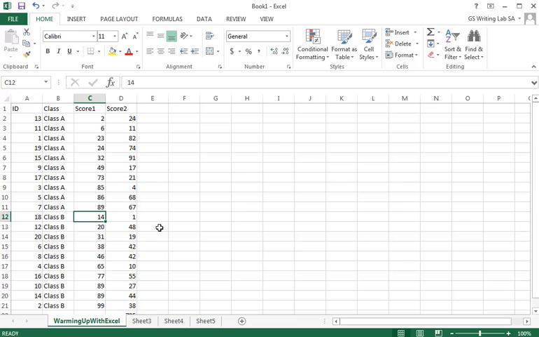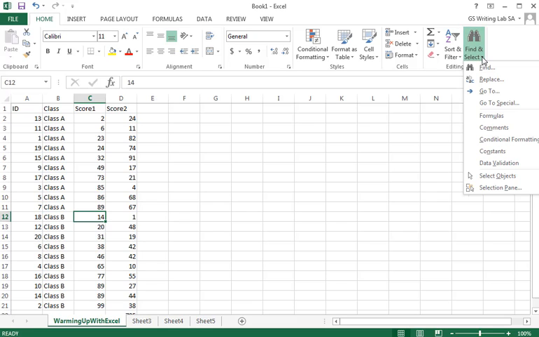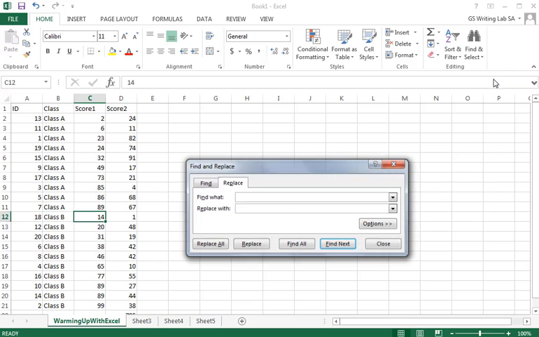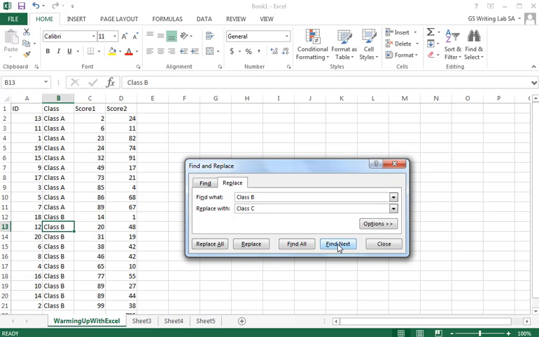Now, say we've made a mistake. We accidentally called it class B, but we should have called it class C. We go over to these binoculars over here, we can hit find and select, we'll hit replace, and we want to find class B, because remember, we want to change it to class C. So let's go ahead and find the first one. There it is. We can hit replace, or we can hit replace all